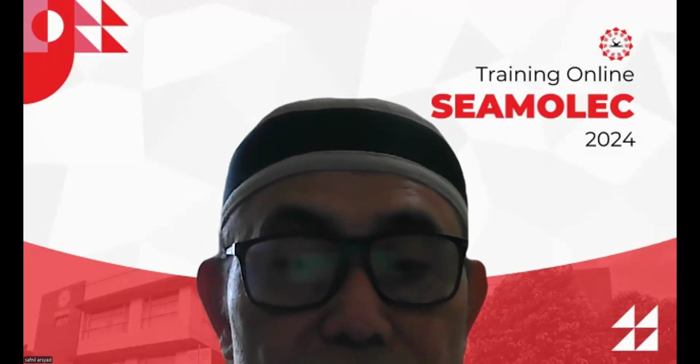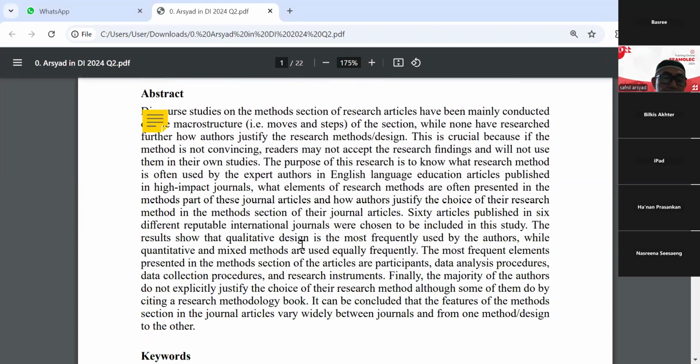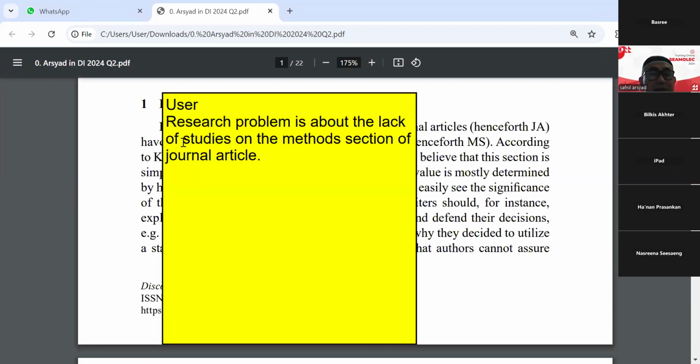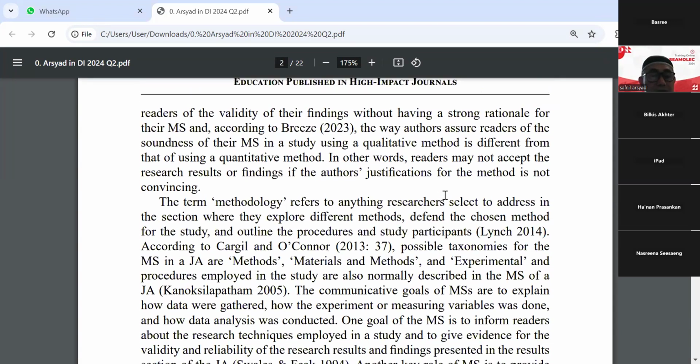Okay, I want to show the example of the assignment. Last week I asked you to identify the type of title, then the moves found in the abstract, and then the research problem at the beginning of the introduction,